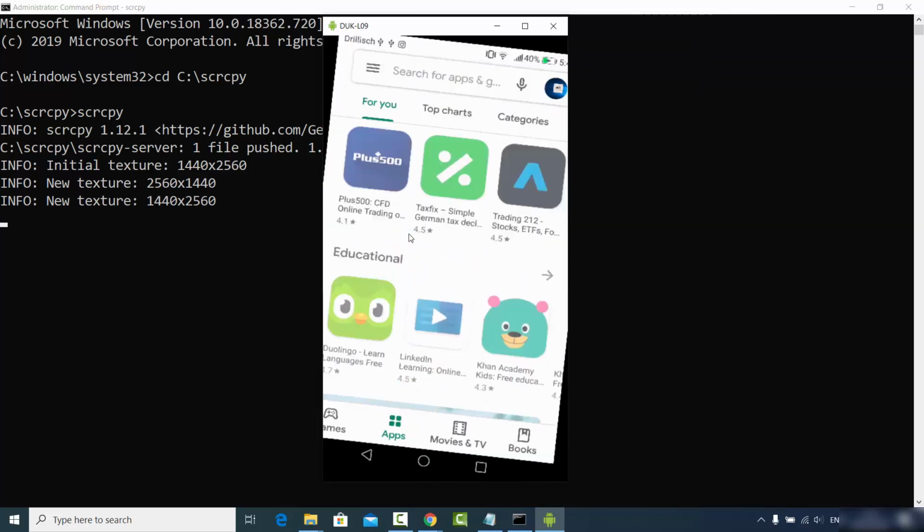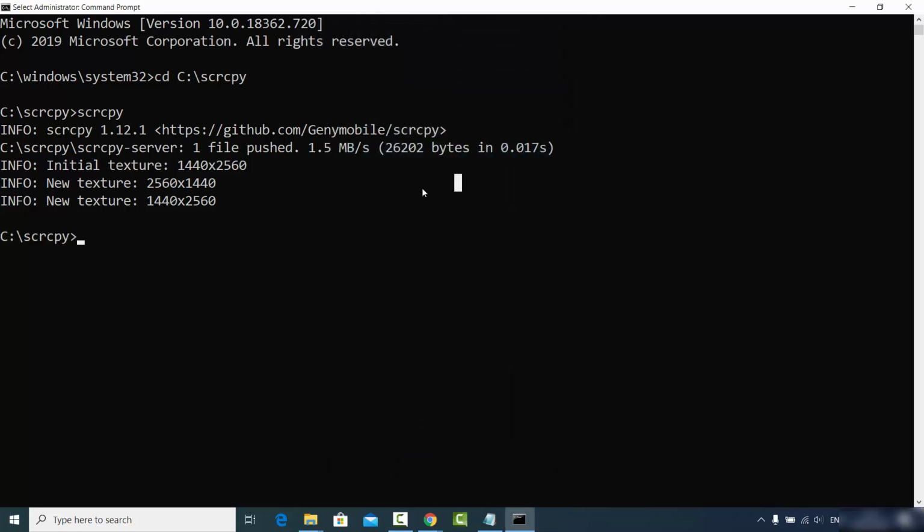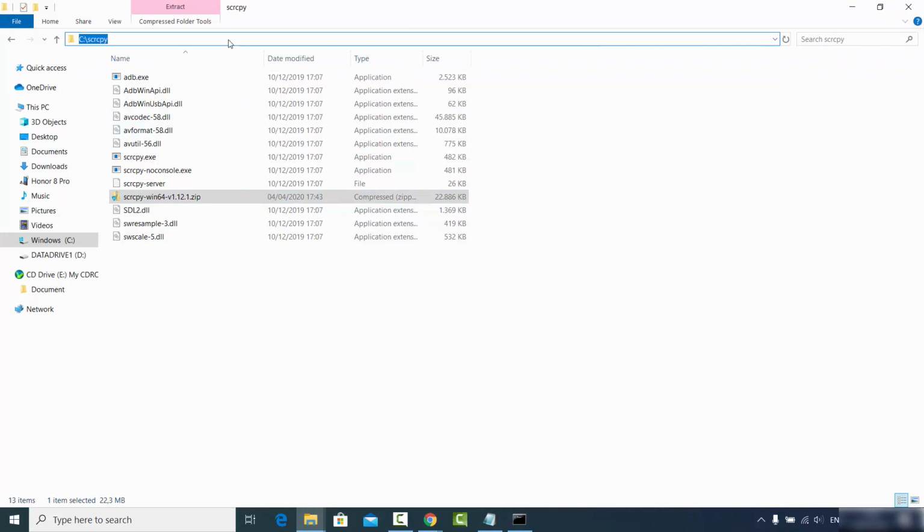So what I want to show you is, let me just close this mirroring, and right now we have to go to the Scrcpy directory in order to run this command. If you want to run it from anywhere from your Windows operating system, what you need to do is you just need to set this path to your environment variable, and most of you might already know how to do this,